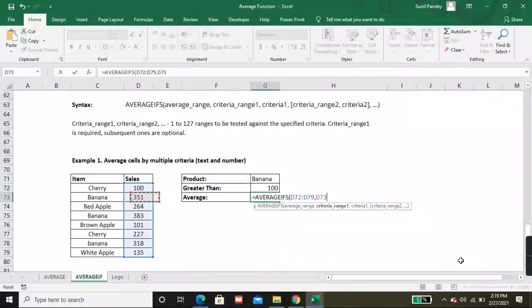Now the criteria range, the item, and the criteria, the product. Now criteria range 2. What is criteria range 2? The greater than 100. So I'll put the greater than sign and I'll select this range. Bracket close.